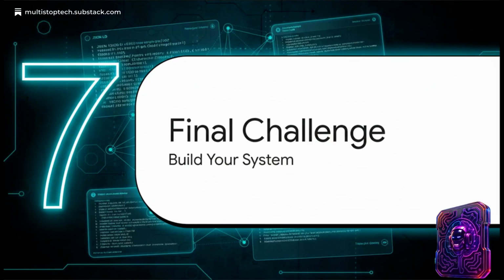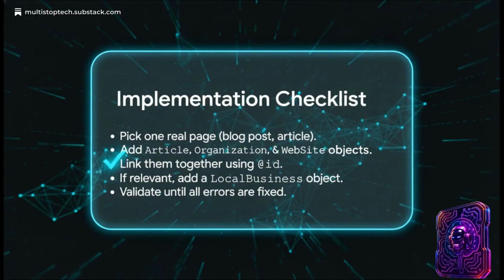Okay, to wrap this all up, it is your turn. Think of this as your graduation exercise. It's time to take everything we've learned and build a complete JSON-LD system for one of your very own pages. So here's your checklist. Go pick one real page from your site. Add the article, organization, and website pieces right into the head. Connect them all using that @ID. If it makes sense, add your local business info. And then, the final boss, validate your code until it's perfect. Do this, and you'll have real-world